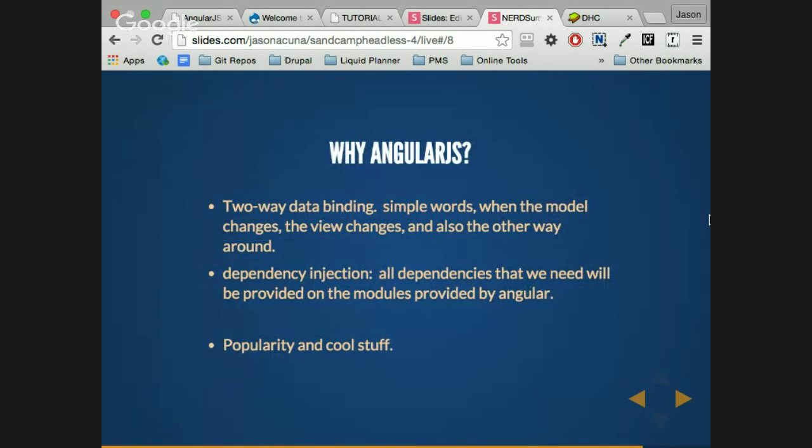Why AngularJS? Well, that's from a personal point of view. Two-way data binding: that means we can send data and receive data from the front-end application to our backend. Dependency injection: we have all the dependencies we need on our app, and we can use them properly. And of course, because it's the most popular platform out there, and it's cool. I had this discussion with a Backbone developer, and he liked that one better.